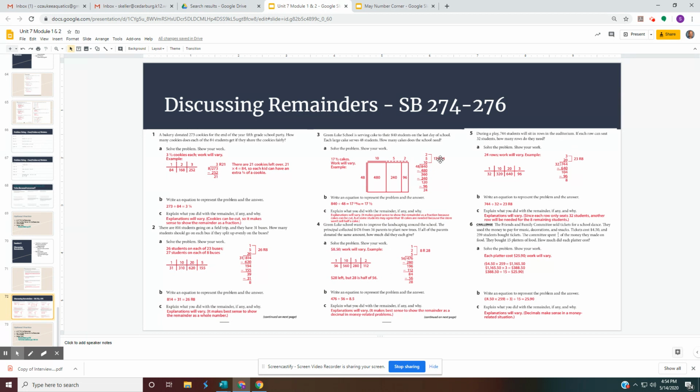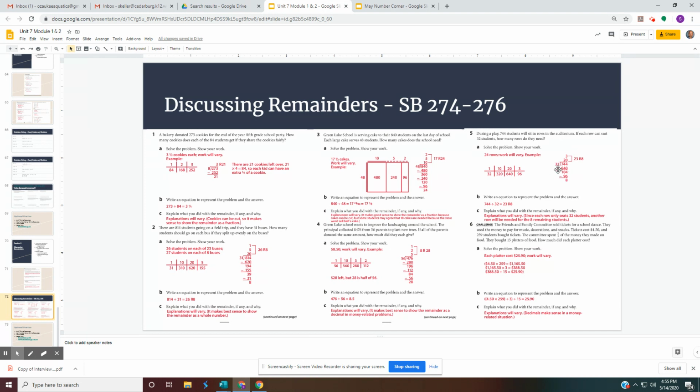Good. All right, for number 5, during a play, 744 students sit in an auditorium. If each row can seat 32 students, how many rows would you need? Well, we're going to divide 744 by 32, not 74, but 744. We're using a ratio table to give us a group of numbers and chunks so that we can